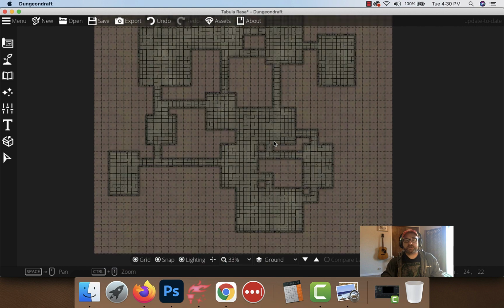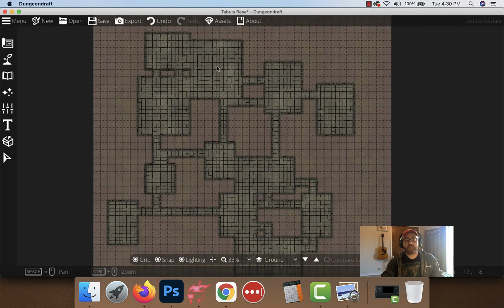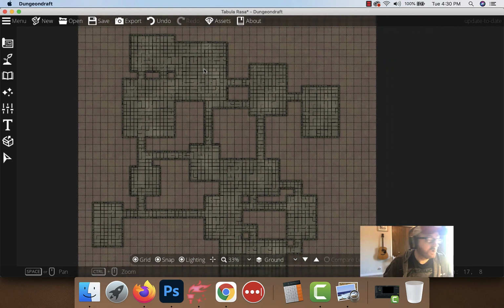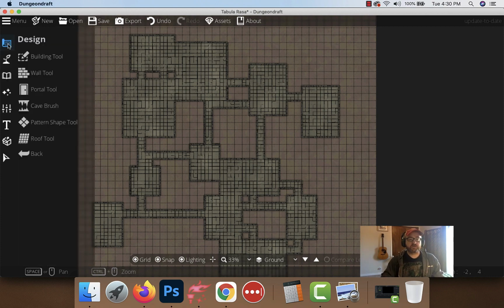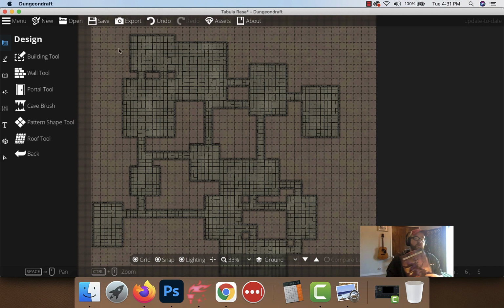Alright, so we've got our dungeon. It's kind of a sprawling, weird blob of different rooms and stuff. What I'm going to do next is start dividing it up into chambers. I'm going to use our Dungeon Master's Guide appendix, where it shows you the different types of areas that we have in order to create it. Actually, let's go back even further than that. We're going to start in